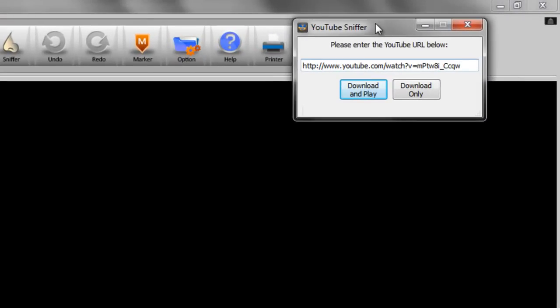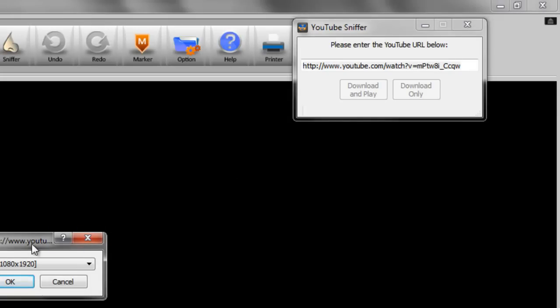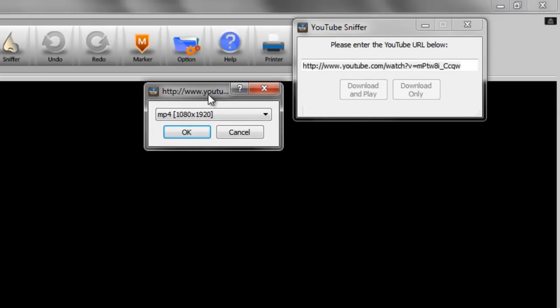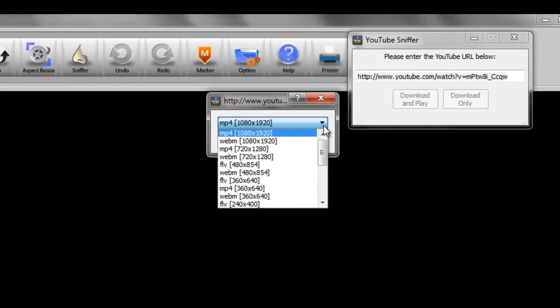and then once we've pasted it in, we have the same two options we had on the previous sniffer, which is you can either download it or download and play it. In this particular instance, I'm going to go ahead and click download and play, and let's just watch what happens. Okay, the first thing that happens, and this is important, is it will open this other window. And within this window, what you're going to see is a list of the different video options available to you